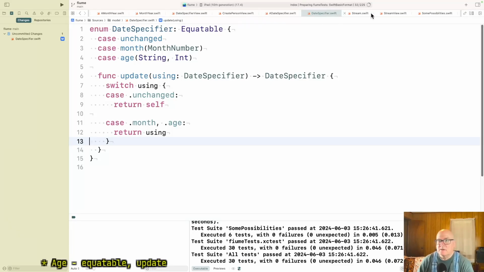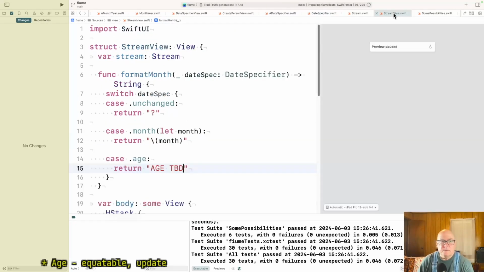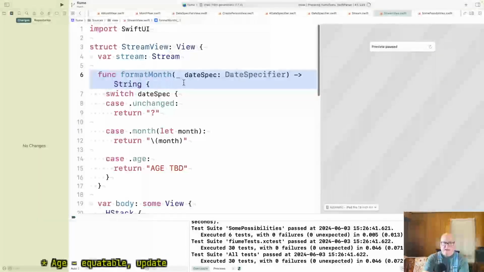This stream view, format month. I mean, this to me looks like, I think it's always a little ambiguous as to whether, how far to go in printing out the names of things and whether that's strictly a UI function.